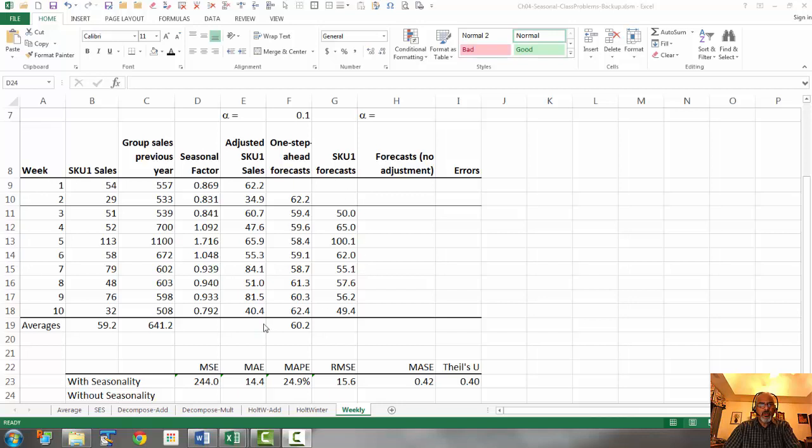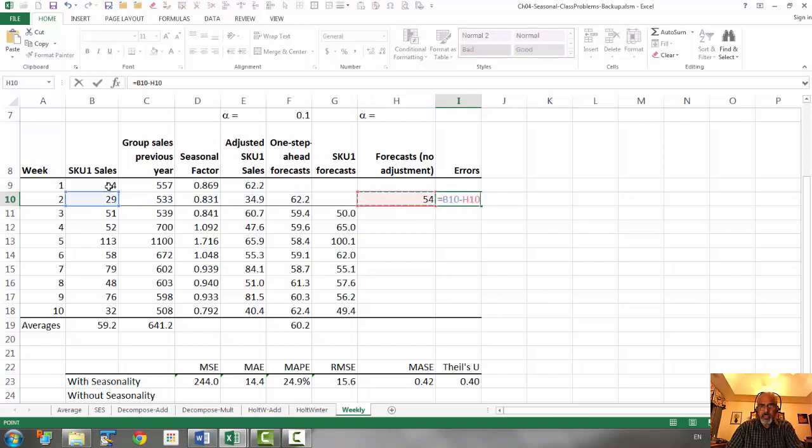Suppose we ignored all of this and went straight to the SES model without doing all these adjustments. So then our initial forecast is going to be that. So error would be that minus that. So our forecast will be previous forecast plus alpha